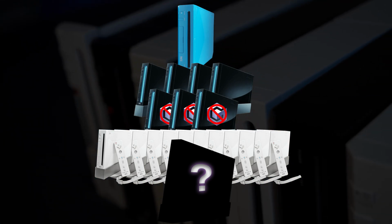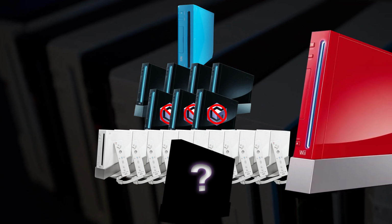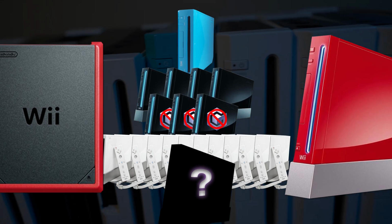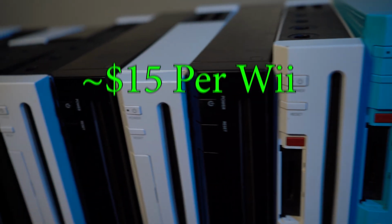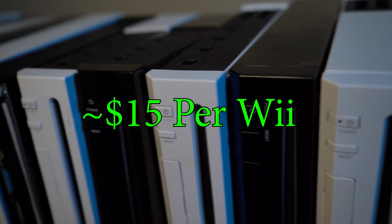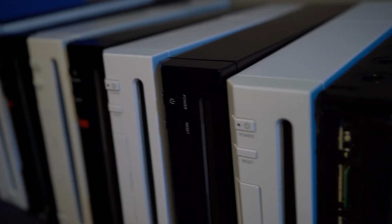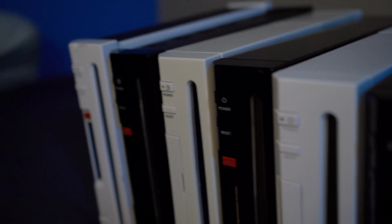And before you ask, no, it's not the red Wii or the Wii Mini. It's way more special and way more cool. Anyway, this adds up to be a little bit over $15 per Wii, but the only problem is they're all broken, so I either wasted $300 for a bunch of junk, or I'll be able to fix these and put them in the hands of people who will be able to have some fun with them,